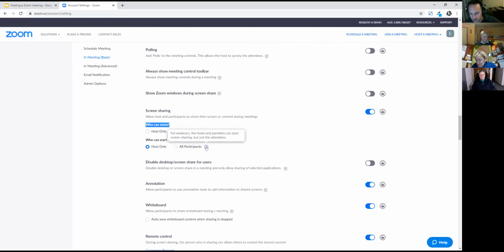Like you might have someone who's not the host who's going to do the lyrics for you or something like that. Or if you're in a meeting in parish council and someone needs to display a document or something. So you may want to have that on. Again, you can change this in the meeting, but by default, you need to say what you're going to allow.